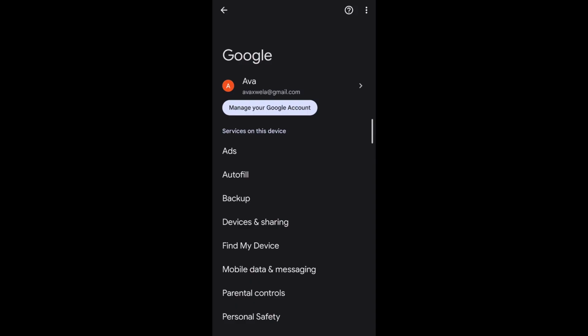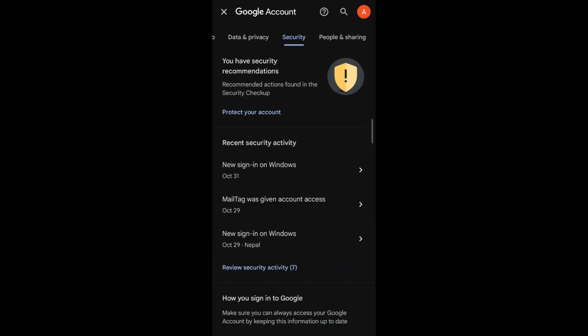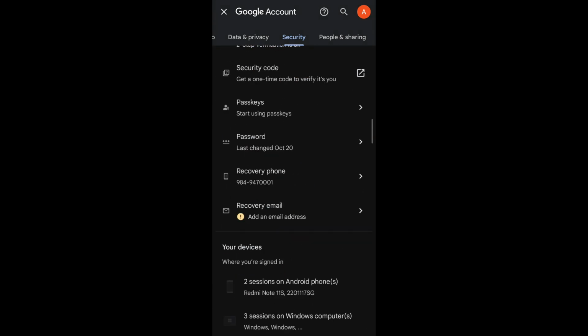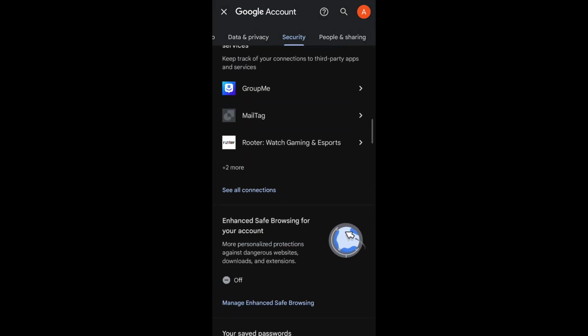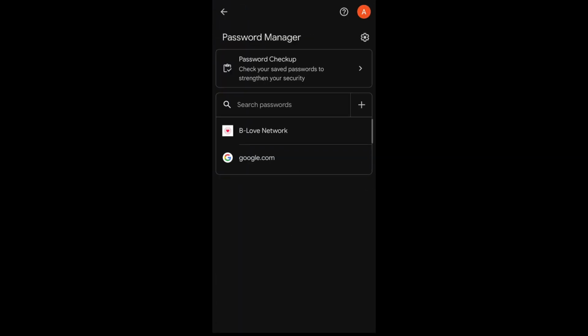On top of your screen, you can see Manage your Google account option. Tap on it. Now slide the nav bar to the left until you see the option of Security. Under Security section, scroll down until you see the option of Password Manager. Tap on it. Now, if you have your Gmail password saved on this account, there'll be google.com under the search